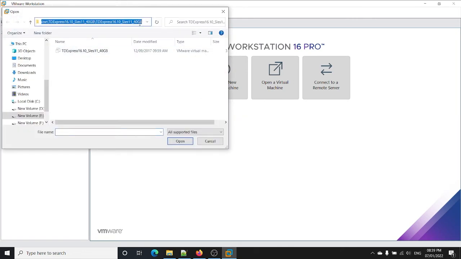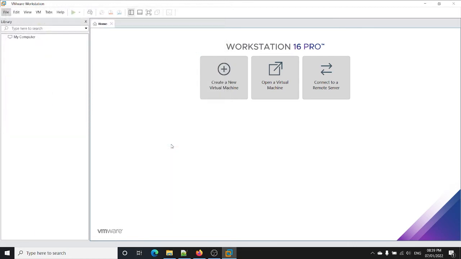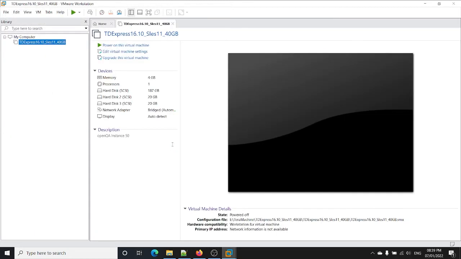So it is actually selecting automatically. Okay, then what we will do is we will select a machine and open it. So boom, our machine is ready. Okay, so this is how we will create a virtual machine. So let's go